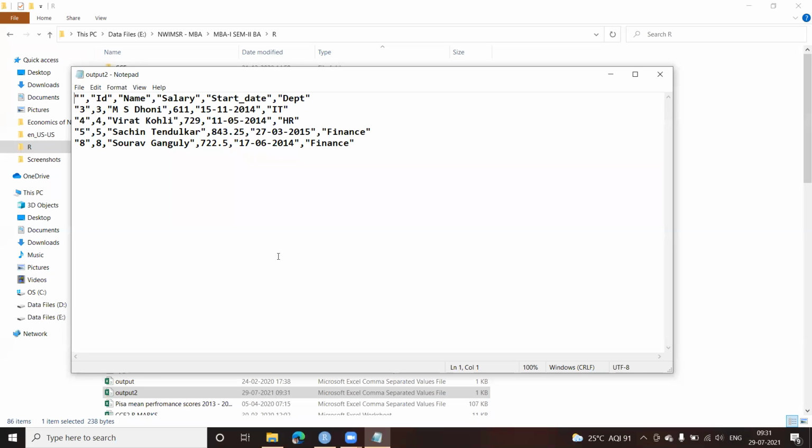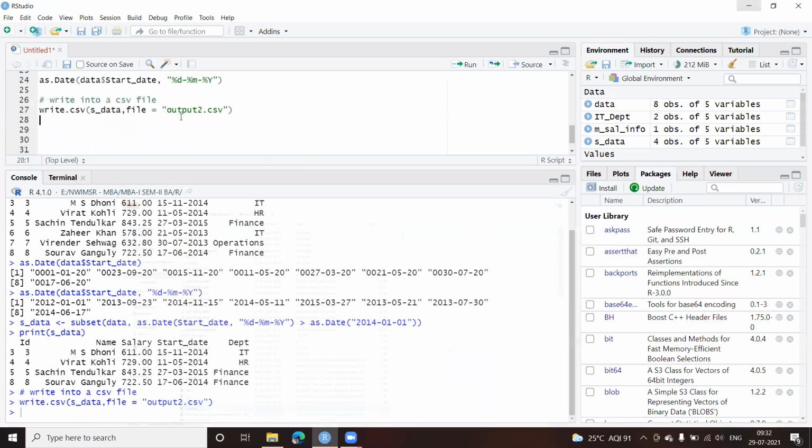Now look, you can observe something different in this. Look at the first value. Instead of starting writing from ID, it has something here, which is 3, 4, 5, and 8 again. Now this value which has come twice, this is not ID. This is your row numbers. Now I don't want this to happen. Whenever I'm writing the content, the row number is also coming along with it. It is going to confuse me. So I can close this. Let's go back and make a change here.